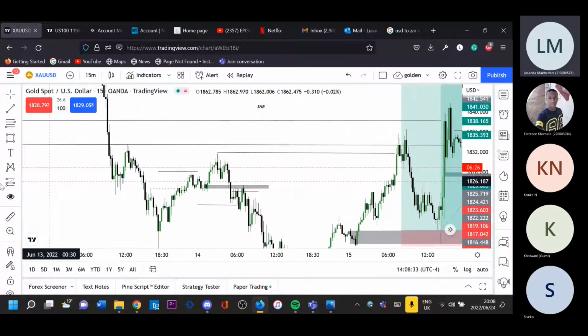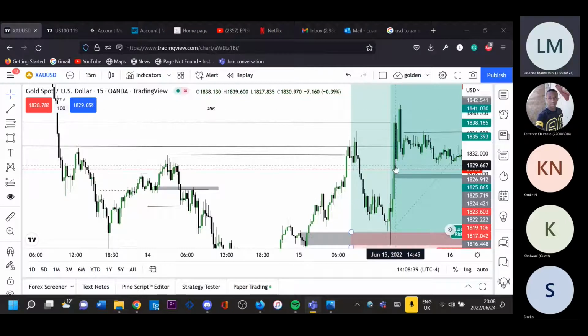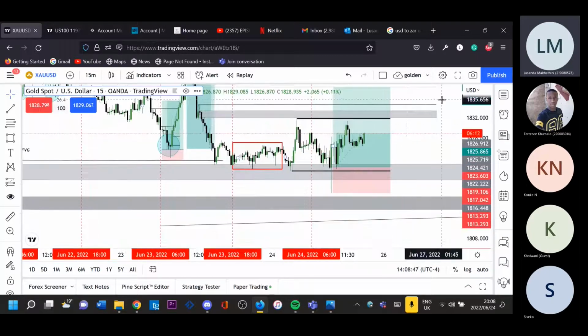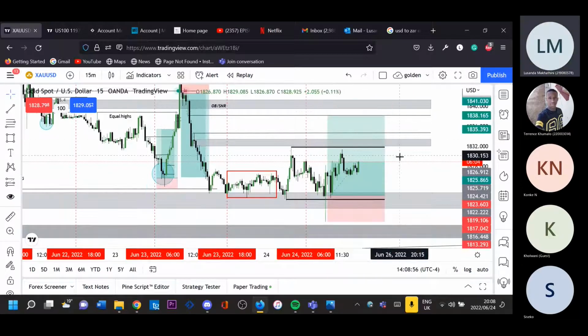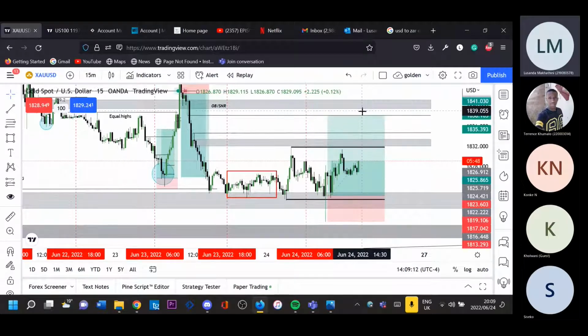So I just want to take you through gold. I think this is the last chart I'm going to show, and then probably just wrap this up. At the start of this lesson, I actually showed this. I'm aiming for gold to at least fill in this imbalance. As you can see, it's still consolidating. It's after lunchtime, so we should be seeing movement. Probably by 3, since it's called the last kick of the dying horse Friday, we'll be seeing last movements. I just hope gold actually goes up.